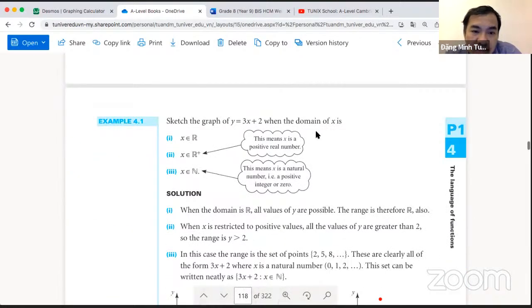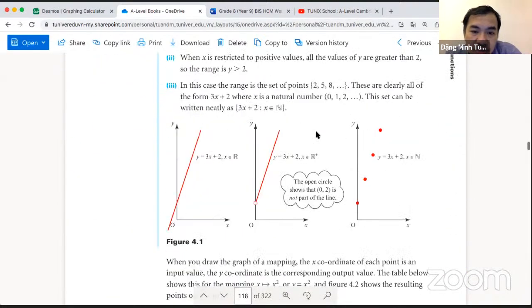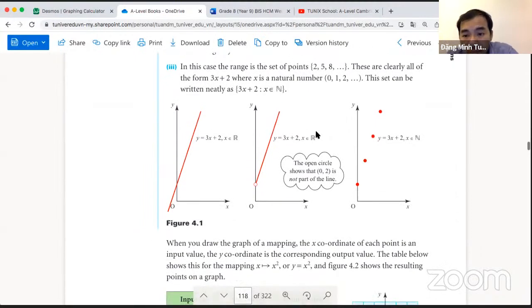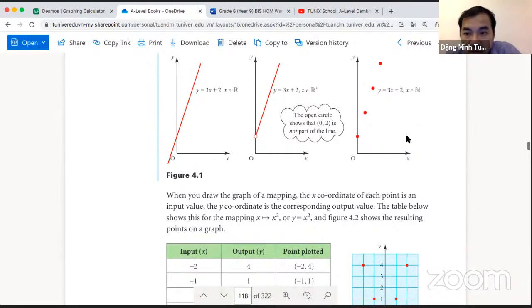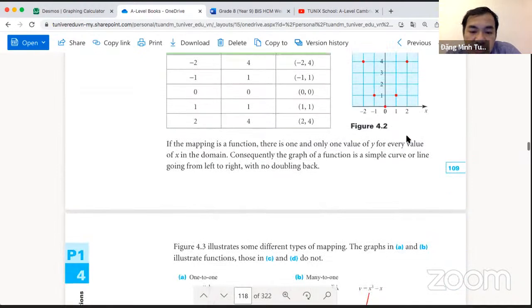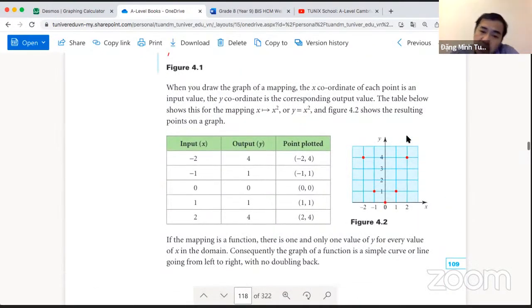So now after that, that's easy to understand. Here, the straight line, or maybe the limited or the integer one, is okay, but one value of x will give you one value of y. This doesn't matter. Now, when we express the coordinate, the input and the output, we use the coordinate of